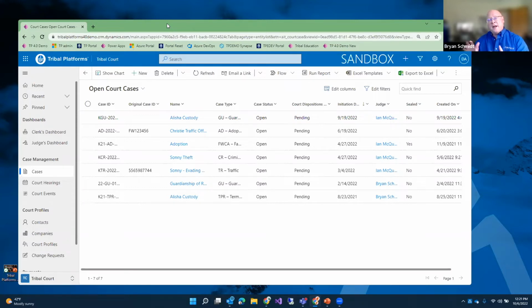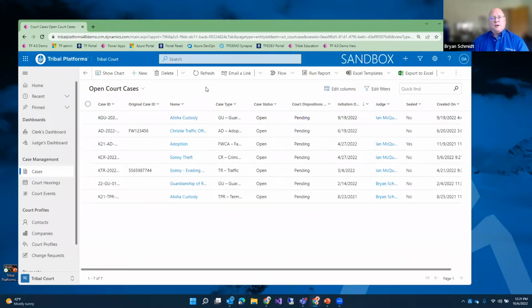Another important aspect to point out is that right now I'm logged in as a demo account user, but the account that you log in with is actually the same account that you would use for your Office 365. The login that you make to your laptop or your Outlook or any of those applications, you're going to use that same set of credentials to authenticate yourself. So for your IT team, you're leveraging the security and the user authentication that your team is already using today. You're not having to log into a new system.